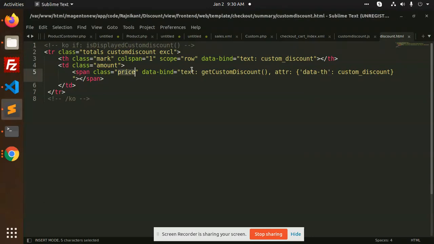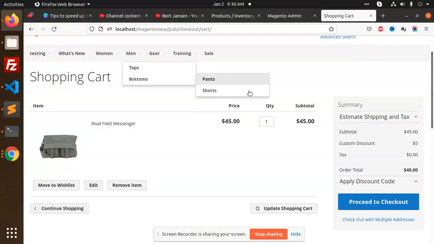Just the price text getCustomDiscount, which is going to return $5, right? In the attribute data-th, custom discount is the text we are going to bind in the class amount. So after running this module it will add $5 into the specific total, custom discount td, right? This is how it will add it here.